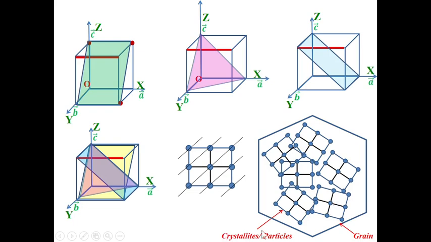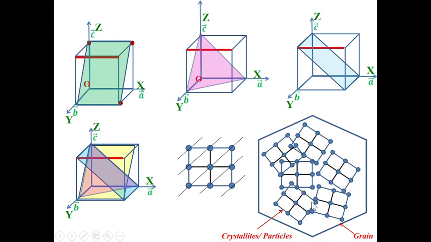If the crystallite size is less than around 50 or 30 nanometer, then it will be called a particle. At that time the grain will also be called a particle. That means, roughly you have to remember that if the grain size is less than 50 nanometer, then a single grain can have a single crystallite. At that time we can say that this is only a particle, but here the crystallite can also be called a particle. So a single crystallite will be called a particle.